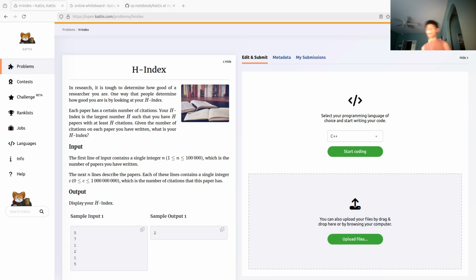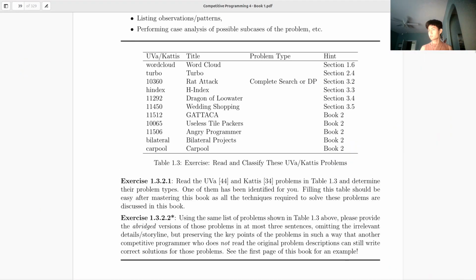Hey guys, don't mind me, I got a bloody nose. So I'm training for ICPC, so time to get back on the grind. I got this book, that school book I'm reading, right here,